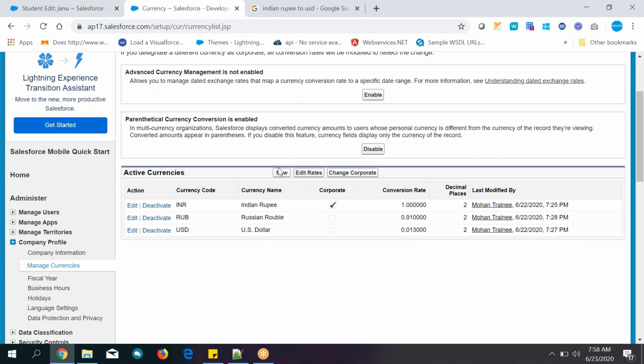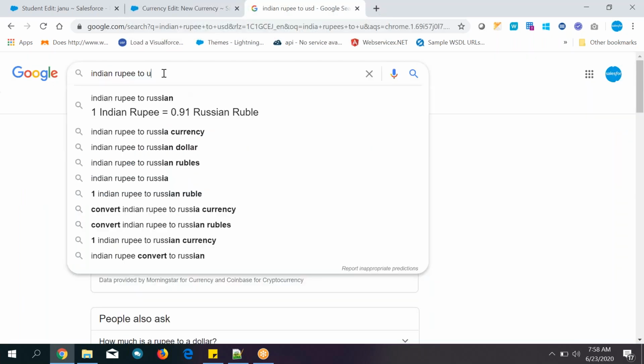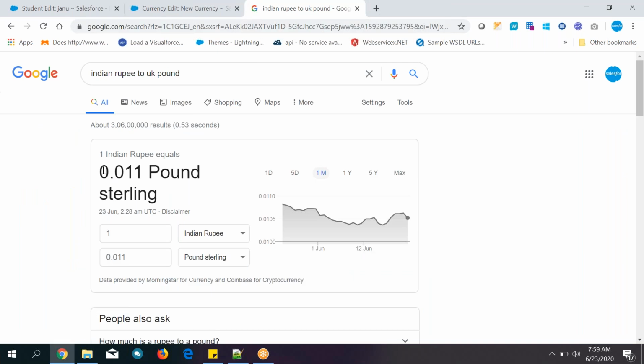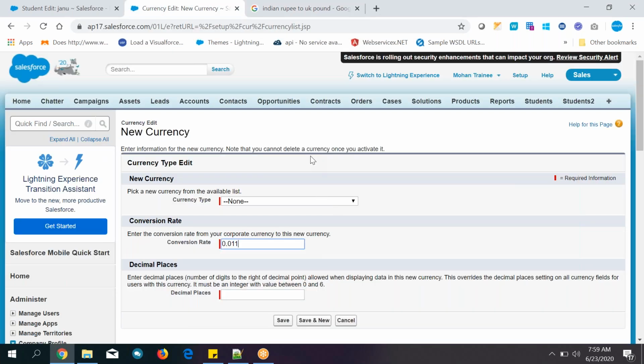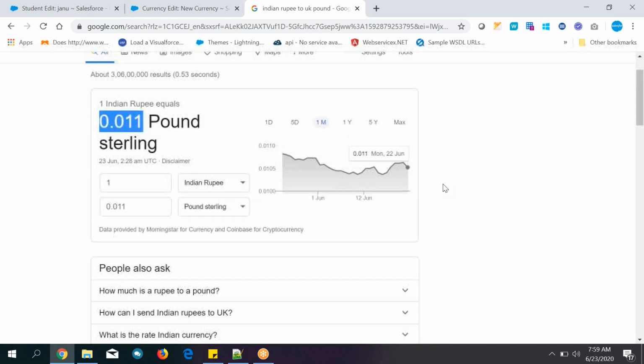Okay. Next, UK also. UK pound, 0.01. So what is the symbol? UK pound, right?